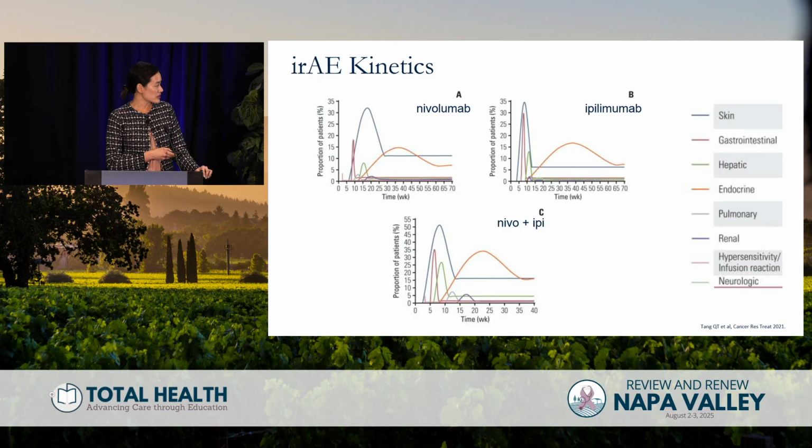Also important to see beyond the peak of the curves is the tail of the curve. You can see here that across all three charts, not all IRAEs resolve. Looking at the colors here, in general, endocrine side effects and skin side effects are the majority of the IRAEs we see that can become chronic. Unfortunately, some of the side effects that happen with this category of drugs can indeed be permanent, or, the more optimistic way of framing that, can be waxing and waning and be a chronic illness that thankfully is treatable, but which requires long-term management.